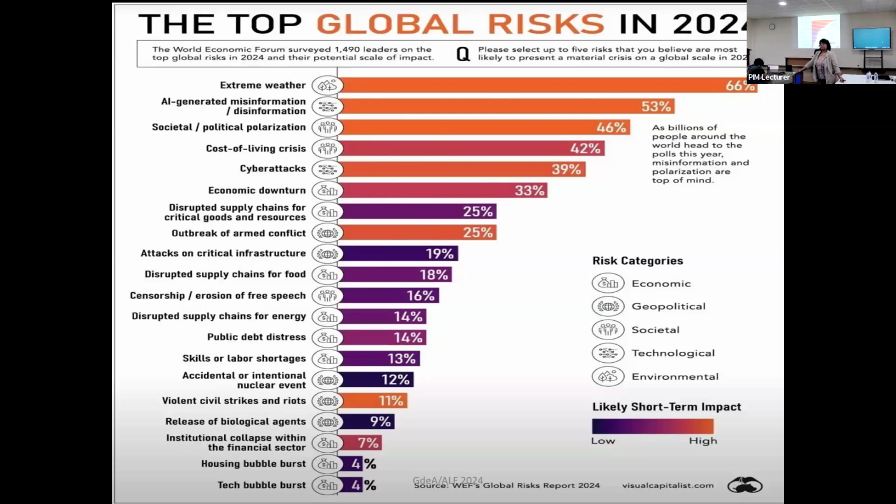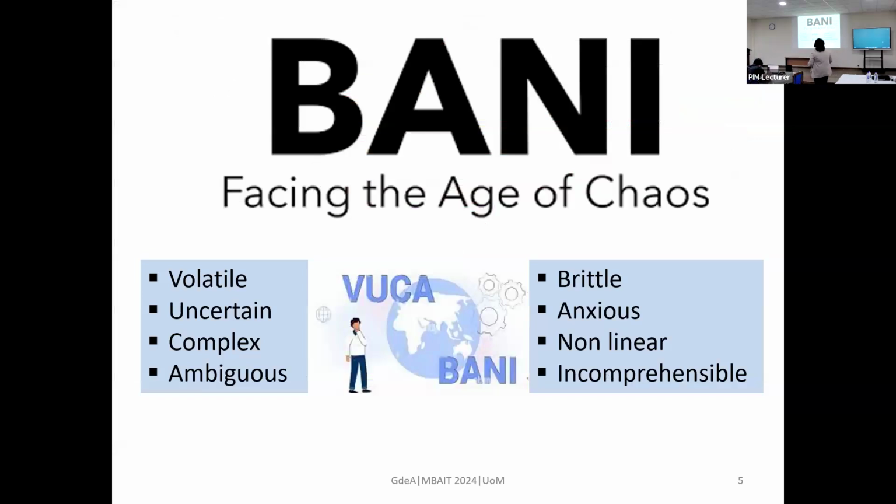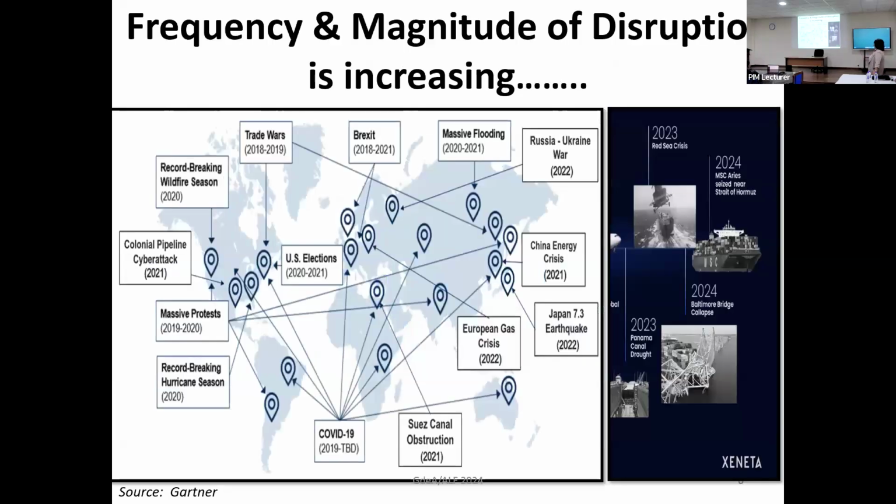Then you have, it's not linear anymore. You can't even fathom it. It's all crisscrossing, things are happening, and very incomprehensible. Right? So this is the world we live in, facing the age of chaos. So we need to understand these aspects and see how we need to look at the impact of these disruptions happening around us. I just listed out a few things that happened in the last few years, starting with the